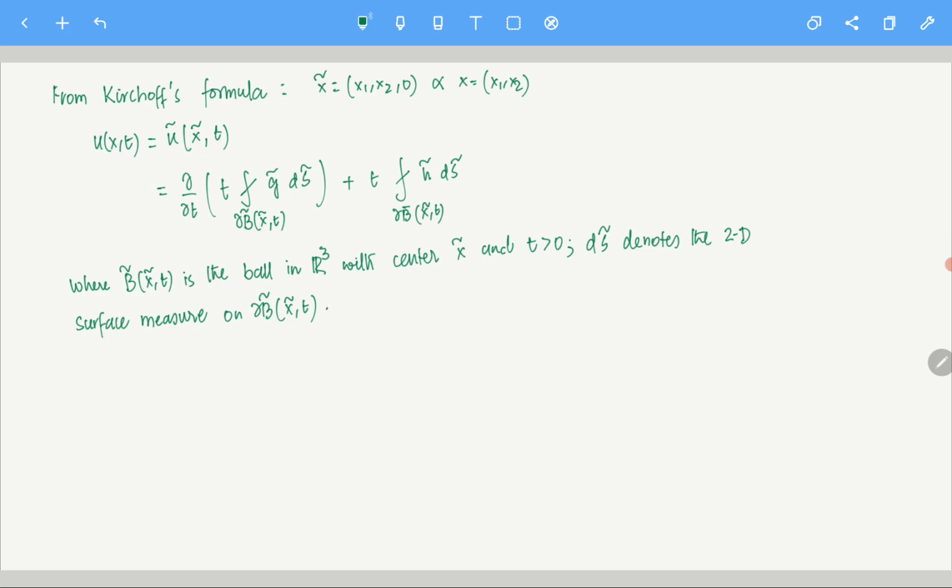Clear? Okay, see now, why am I not writing del b? Since I am doing it in 2 dimension, I want my b to be, we denote ball with b, right? So I want my ball to be in 2 dimension. So that is why this b is reserved for 2 dimension. Whenever I am writing b tilde, it is for 3 dimension. Clear? Okay, so del b tilde is basically the sphere, the surface. And b tilde is whatever is inside, of course, in 3 dimension.